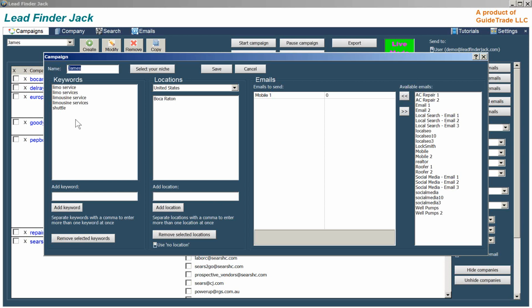Can search location be selected by zip code and not by city? Yeah, so you have to think about the keyword here. The city becomes part of the keyword, and that is how businesses will use it to show the ad. So they probably show limo service city, and that is how